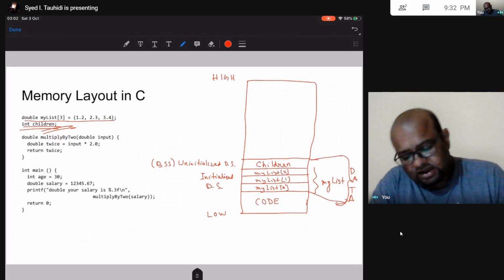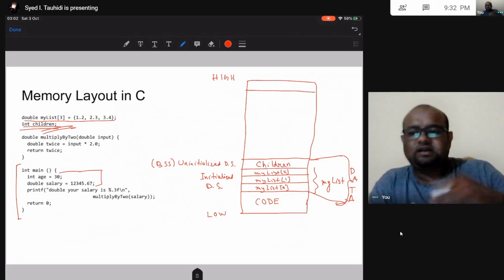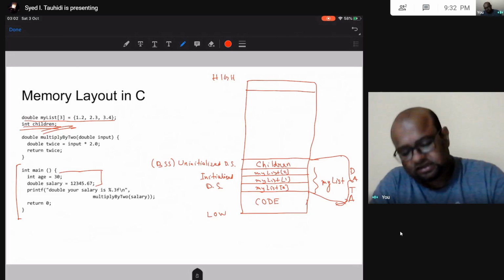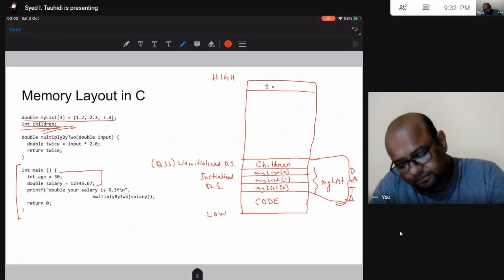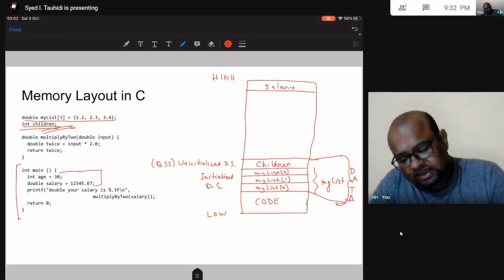Alright. Then what do I have? My main is going to start executing. In my main function, I have two variables. So it so happens that the one that is called later is given the higher address. So salary is going to be given this address, and age is going to be given this address.